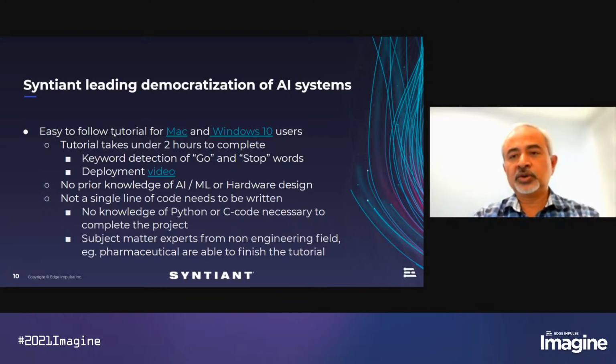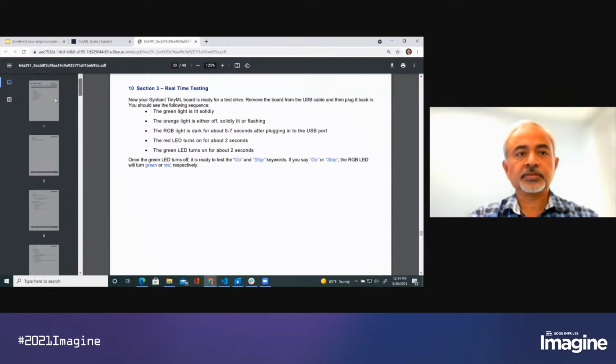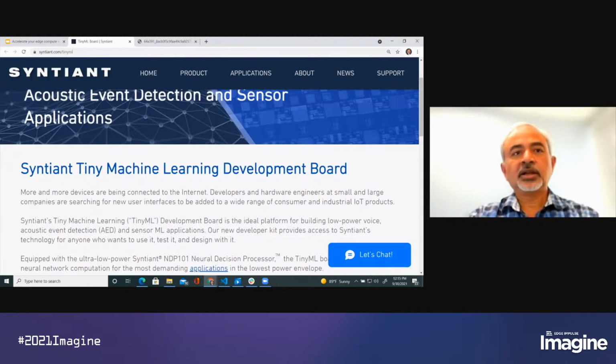So we have written 2 tutorials. One is for Mac users and one is for Windows users. It takes about 2 hours to complete this tutorial. In this tutorial, we would develop a neural network which would learn if somebody is saying go or stop. I'll play a deployment video, but before that, I wanted to go through these tutorials where you would see what to do when you have hardware in your hand. So let me open a document. As I showed earlier, if you click on the link on the first page, that will take you to this page. And if you scroll down,